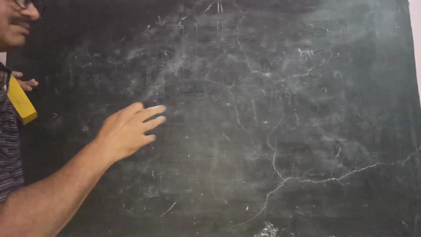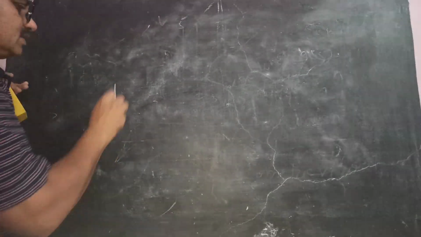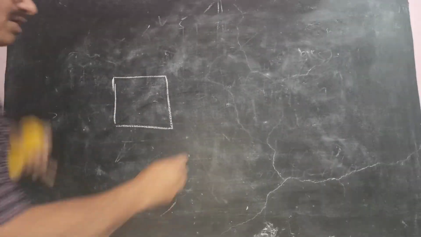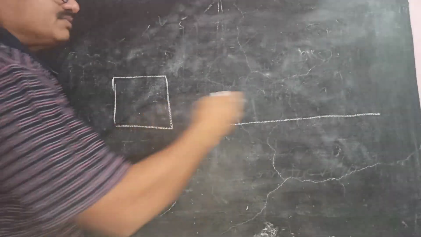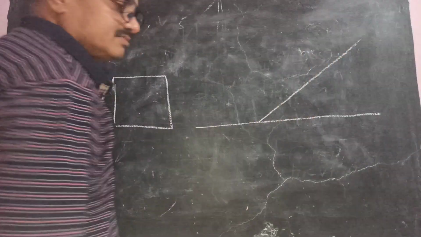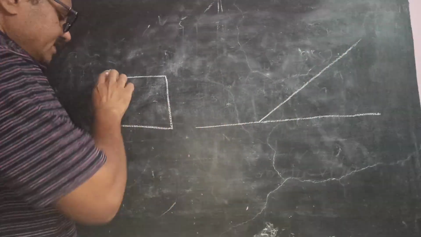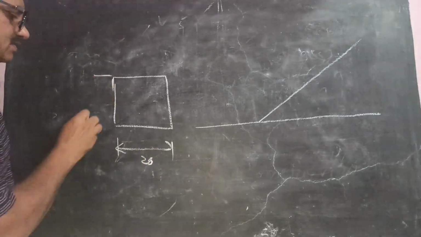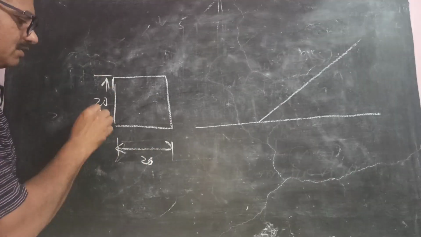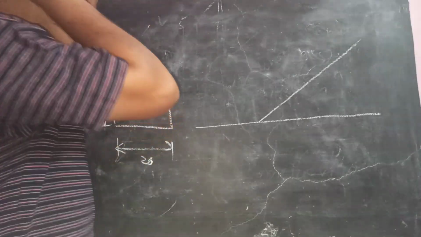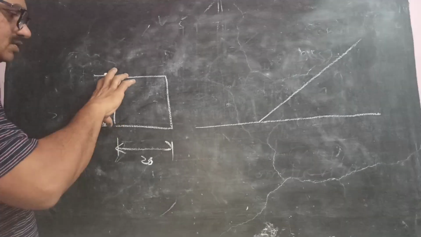Let us start with the simple diagrams. Let us see if this square is given as the front view. What you will do is draw a straight line. So if this is the front view and we are keeping it from this side, draw a line at 30 degrees to this. If this is given as 20 and this is also given as 20, this will be mentioned in the problem in the exam. So dimensions will be given to you. So this is 20, this is 20.